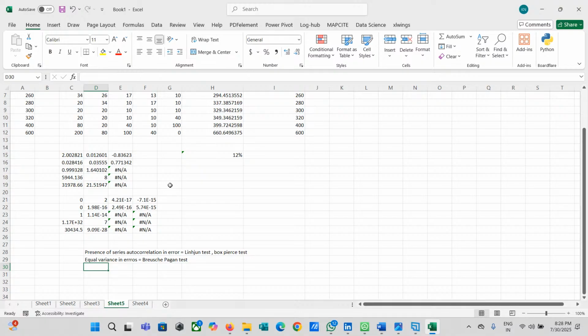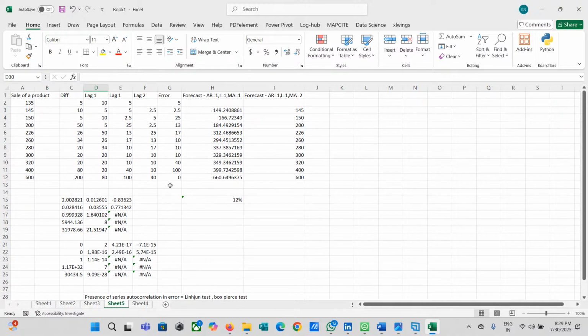But I suggest not using autocorrelation and partial autocorrelation to check stationarity. You use them to understand what order of AR and what order of MA you have to choose, because that helps you pick your model. Once you pick the model, create the forecast, do multiple simulations, and make a decision based upon your bias and variance. So in this case, AR1, I equal to 1, MA equal to 2 shows an overfit model, and I will not choose this. I'm going to go with AR1, I equal to 1, MA equal to 1.